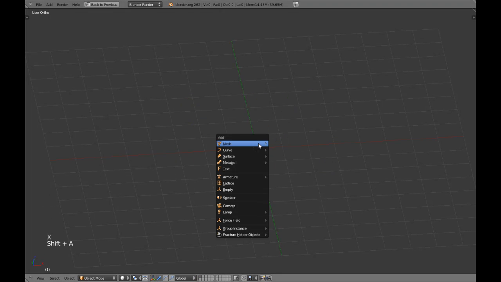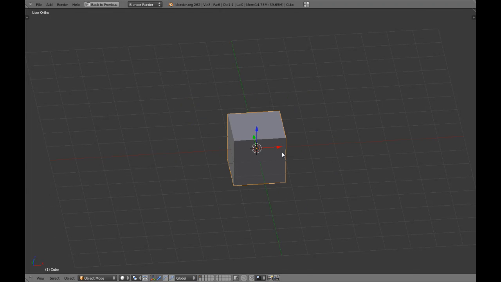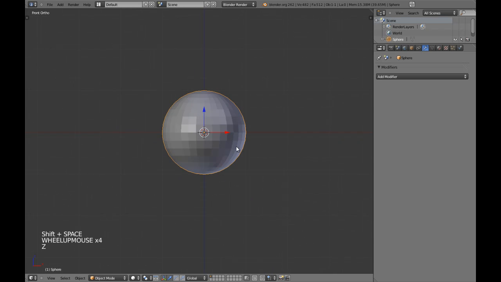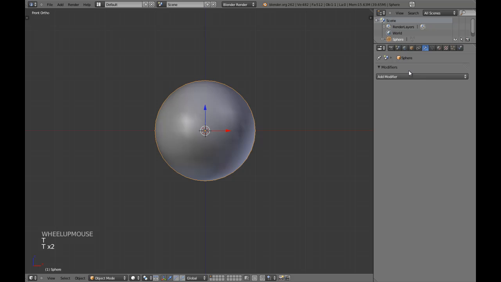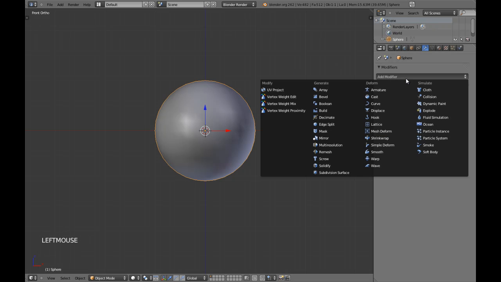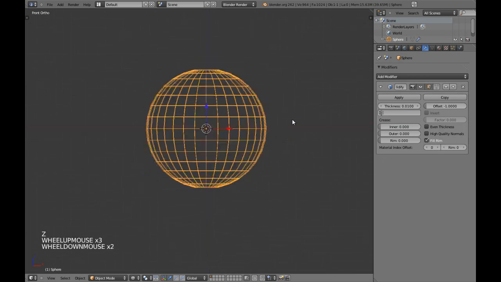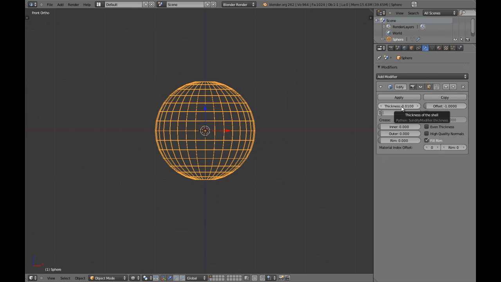And I will add a cube or a UV sphere, okay. We're going to be using one modifier that you will find, I think that is in Generate. Okay, here it is, Solidify. This modifier is really